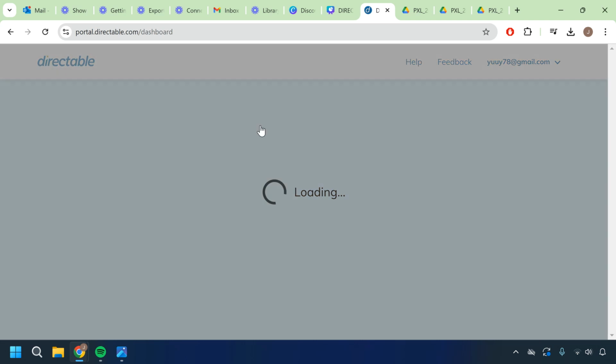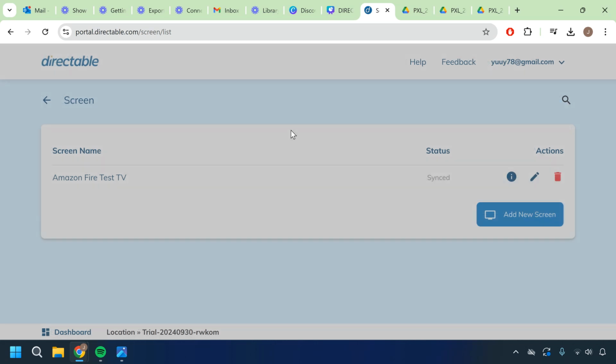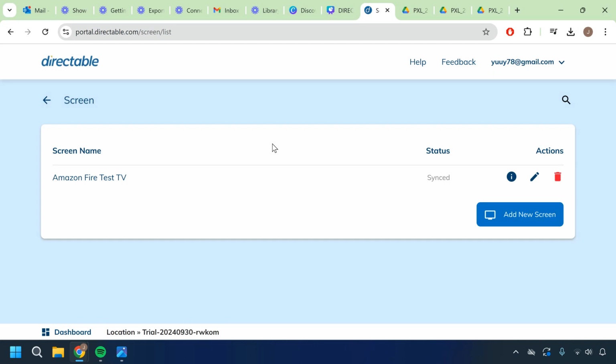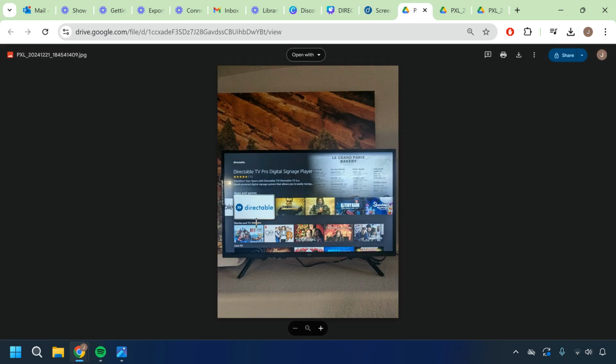Now that you have a playlist ready to go, you just need a screen. On whatever your screen display you would like, whether it be an Amazon TV, Google TV, or any of the other ones listed on our website, go ahead and click Add a New Screen. Here you'll see that you need to enter a key. So now if you go to your TV and download the Directable app, as shown here,